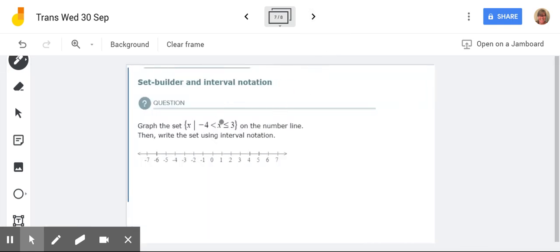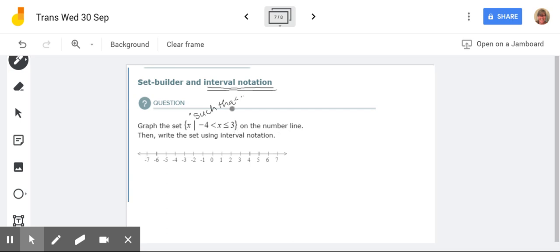Moving on. Okay, this is set builder and interval notation. Interval notation is kind of new to you all. And I think I did it third period yesterday accidentally with Taylor, but that's just because we jump the gun here. This little line here in math reads as this, such that. It means that. So this says graph the set. Remember these little pretty brackets are sets. Graph the set x such that -4 is less than x is less than or equal to 3 on the